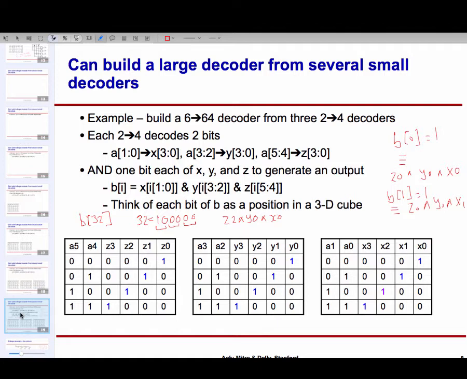And therefore, in this particular case, if I want to signal the appropriate output high, that would correspond to Z2 and Y1 and X1, and so on and so forth. So there are 4 signals here, 4 signals here, 4 signals there. We form all 64 possible combinations of those, and that would give me the 64 outputs of my 6 to 64 decoder.